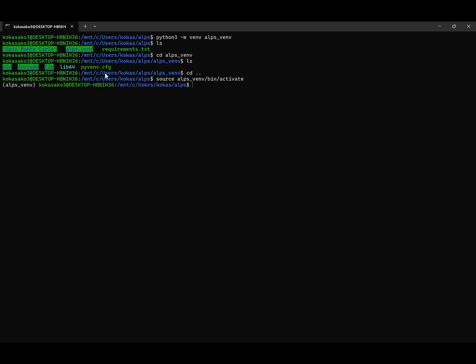And I personally like to call my virtual environments something where I can look at the name and immediately tell exactly which virtual environment is active. Because a lot of people on Stack Exchange, I was reading, they just call all their virtual environments venv. And if all of your virtual environments are venv and you have multiple, then just by looking at this, you're not going to know which one you're running. And then,